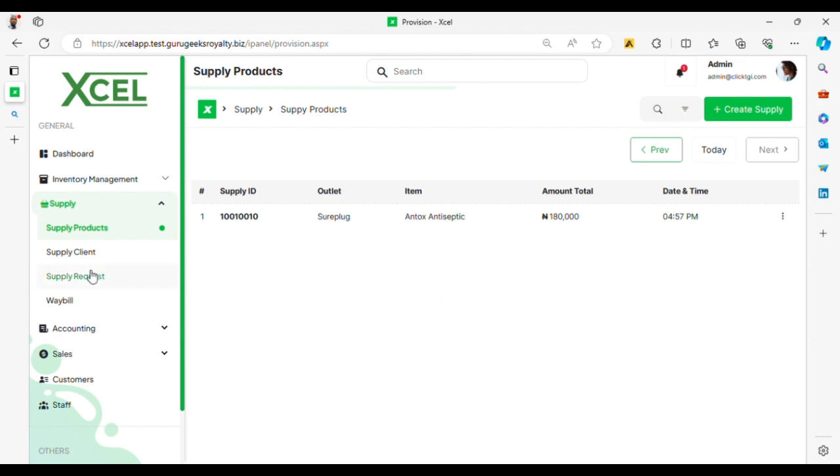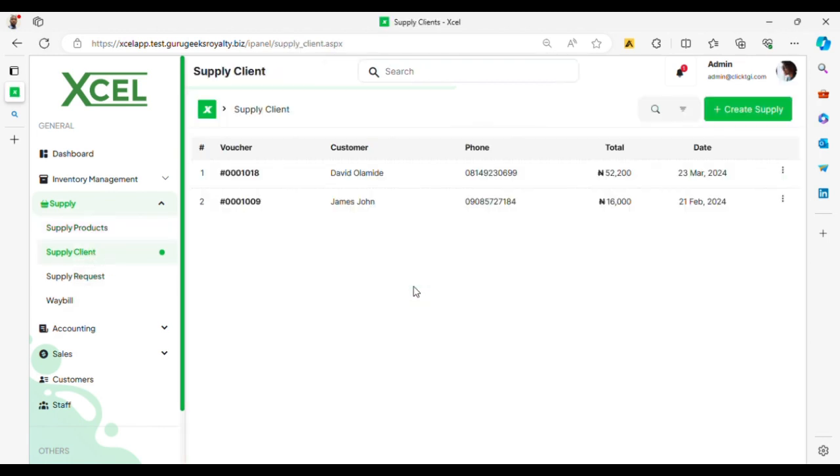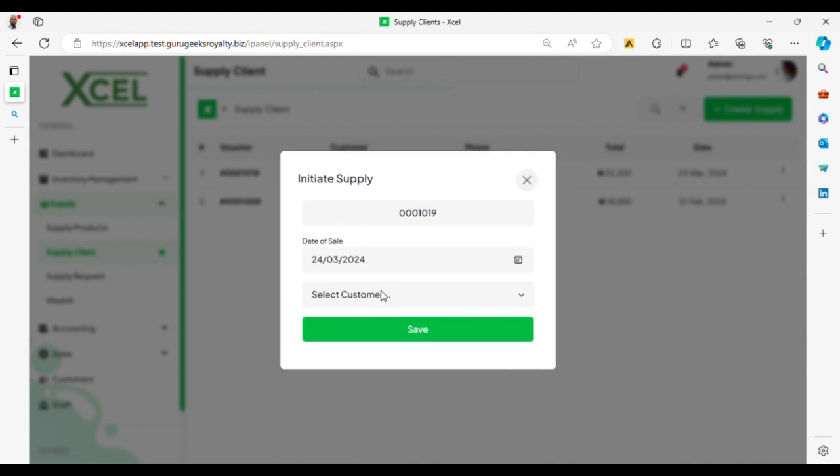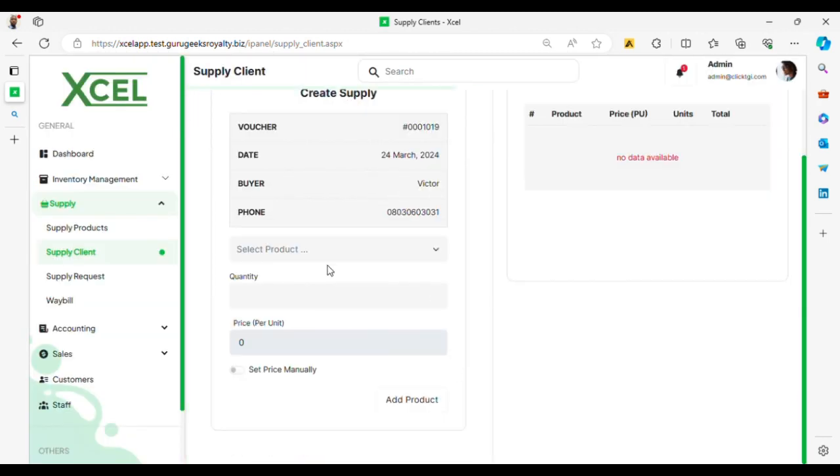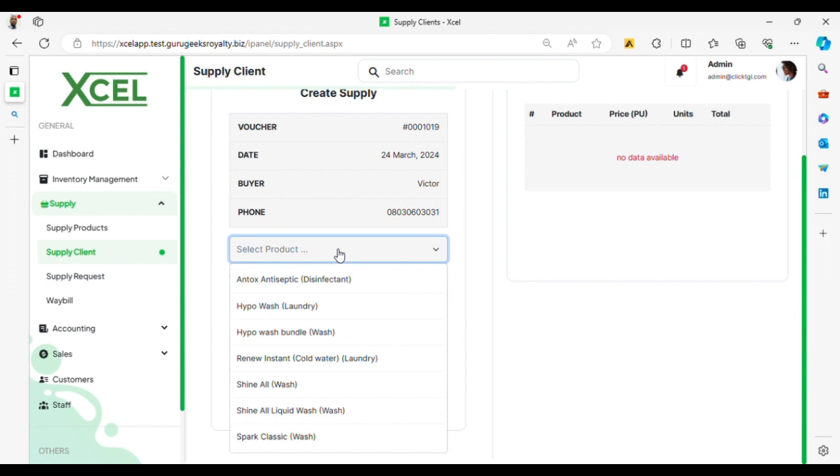So now I need to supply a client. We've added a client before, Victor, who wants to patronize us, and then we can just initiate a supply to Victor from supply now. And Victor is a fantastic guy because he's one of our surest customers. He buys from us a lot, and to sell to Victor, you can just say create supply, and I select a customer, and this is Victor right here, and I select save. So to sell to Victor now, I just need to select a product. The system is very consistent because it's not difficult to operate, and a layman could easily interact with it